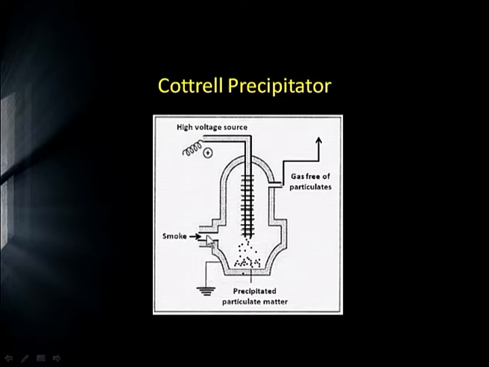The smoke enters and it comes into contact with the metal wire at the center. Particles being negatively charged, they get discharged at this wire, they grow in size and then start falling to the bottom of the chamber. The air or the gases that are freed from particulate matter then escape and are let out into the atmosphere in industries through the chimneys.